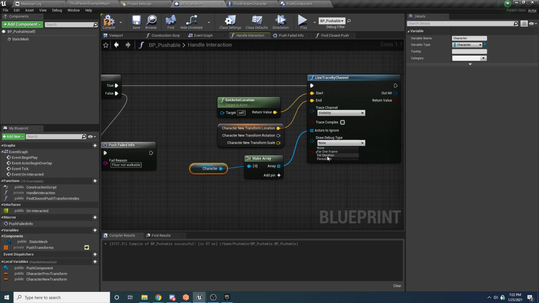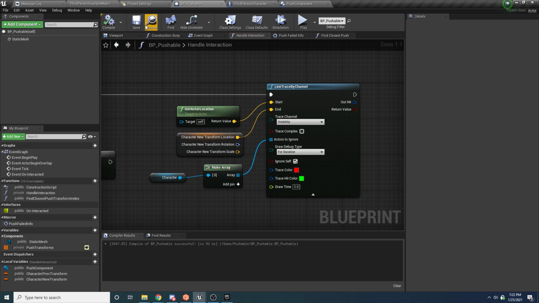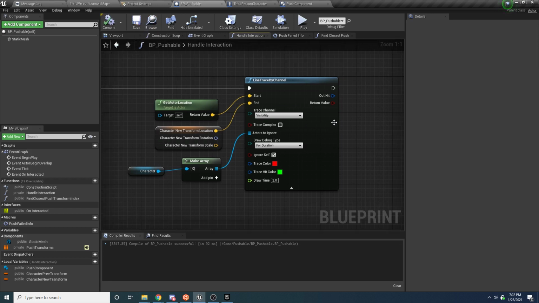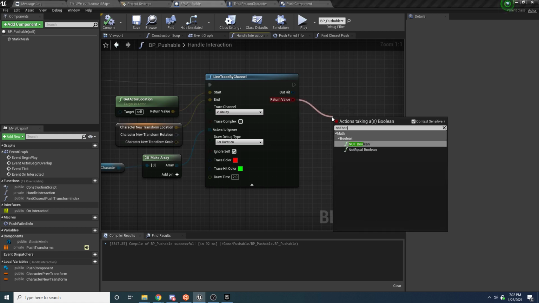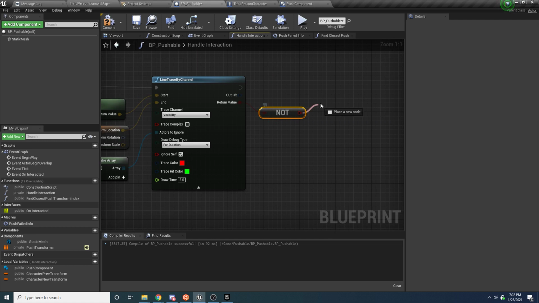And then let's turn this on for a duration and set it to 2, so that way we can see it. Basically, if this line trace doesn't hit anything, then we're good, right? Because there's nothing in between the character and the thing he's pushing. So we can say not Boolean and do a branch